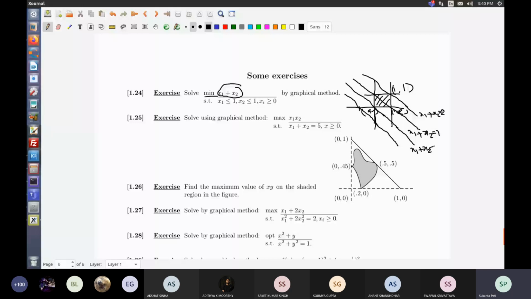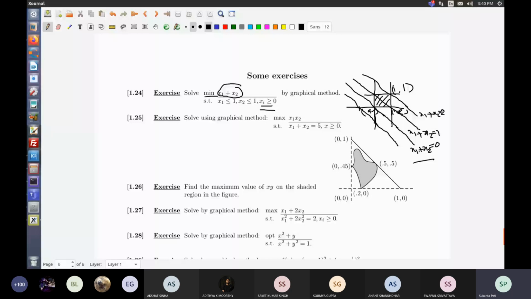So that is the only point of the feasible set, because all these xi's are greater than equal to 0, and x1 plus x2 equal to 0, it follows that x1 is equal to 0 and x2 equal to 0. Okay, so that is how you argue. These are the pictures you do.